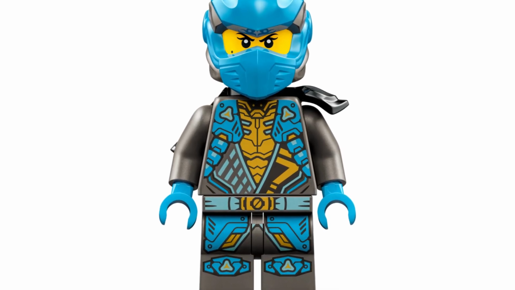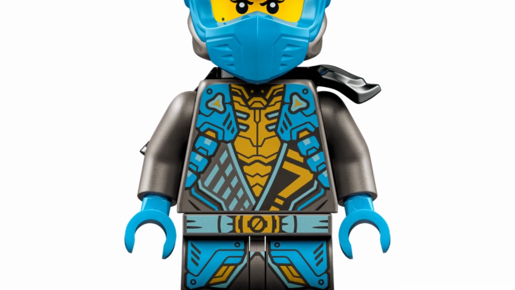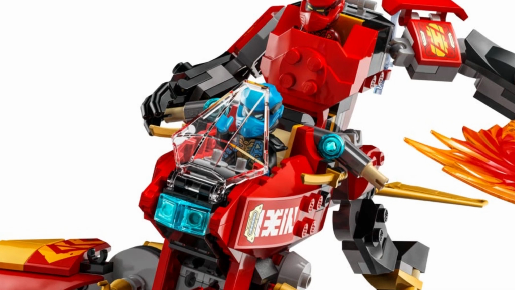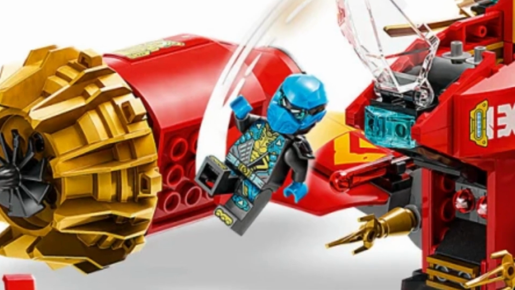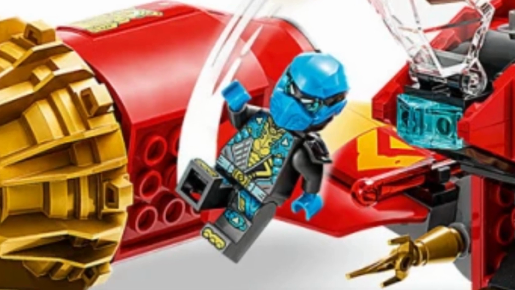Now I did just say that I don't really love it when they use gray on Nia, but I think this has to be the major exception, because I think it was a really smart move to use gray as like the base color and then have the blue on top. I think the gray and the blue go together surprisingly well in this minifigure, and even just looking at the torso, I love how well it balances the blue, the gray, and the